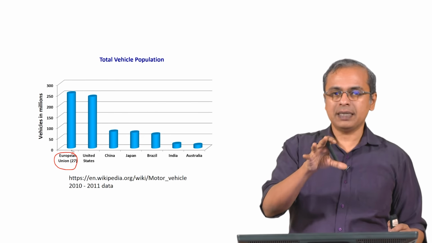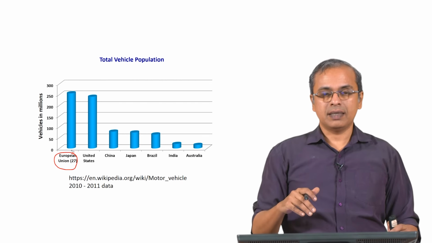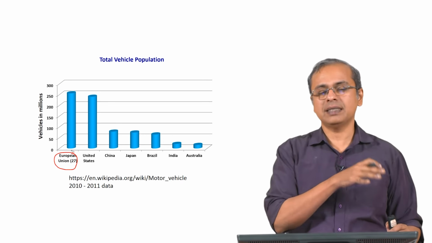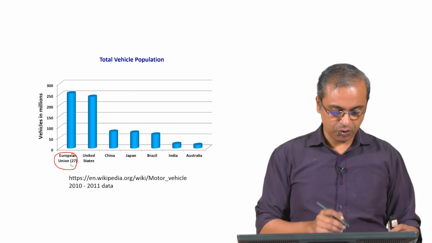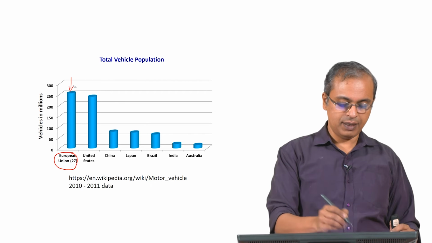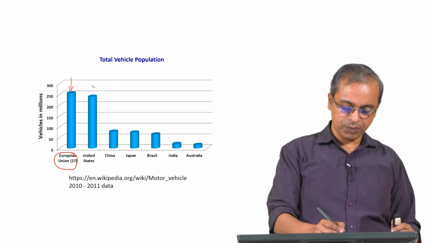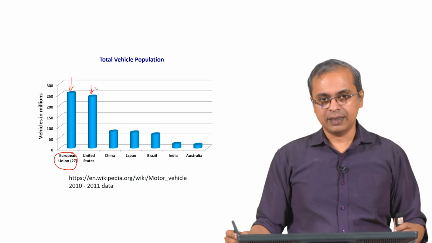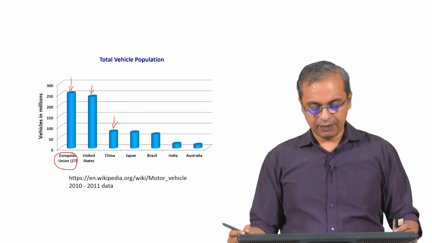That is because each of those European countries is individually relatively smaller than many of the countries that we are discussing. Certainly in comparison to India, China, the United States and even the Russian Federation, typically these countries are much smaller. But if you take them as a unit together as the European Union, which consists of about 27 countries, then they do have a lot of vehicles. They have a total of nearly 250 million vehicles. The United States is also almost there, just below them, at close to about 230 million vehicles and so on. And then you have China at about 60 million vehicles.